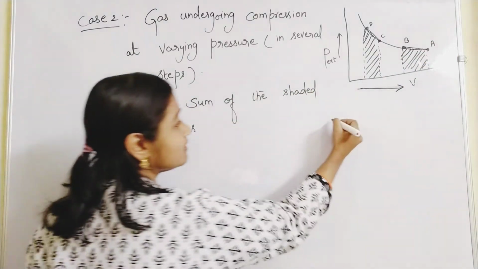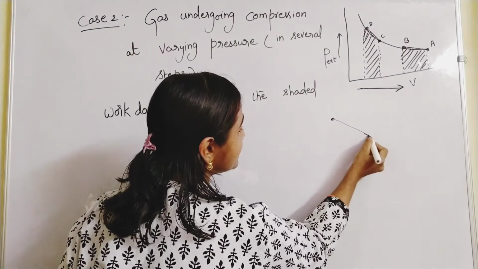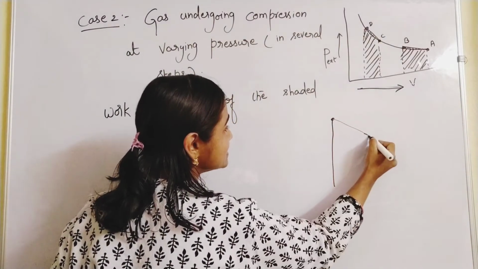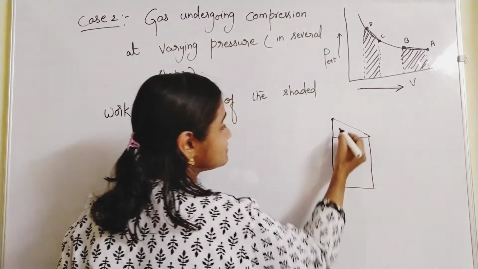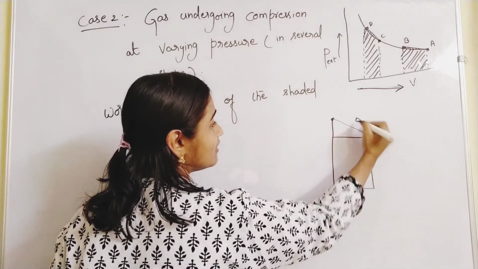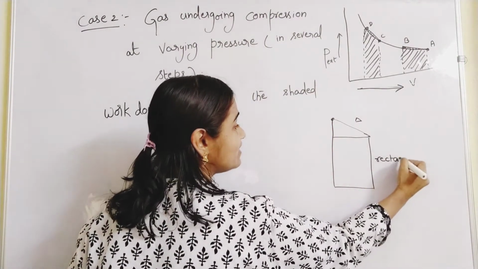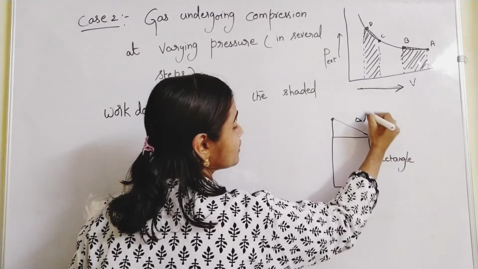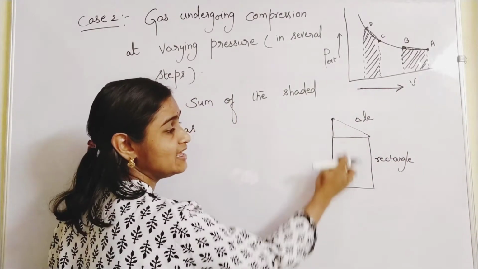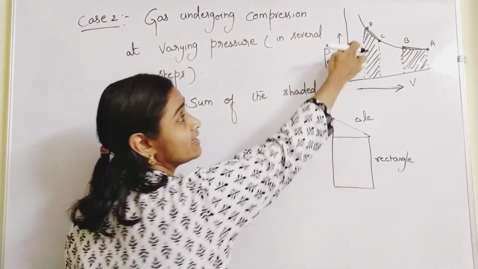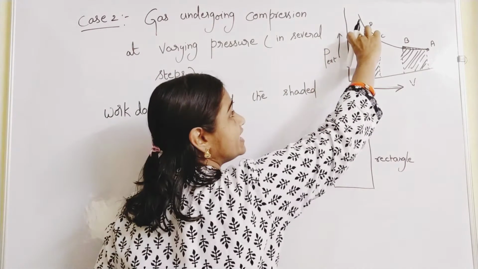Suppose D and C are like this. You are joining that D and C and down it is like this. Isn't it? So you can join this line. This will become a triangle and this will become a rectangle. Okay, add the areas of those two, triangle and rectangle. You can find the area of this triangle. You can find the area of this rectangle. The graph is looking like that only. Isn't it? So this shaded area you will get.